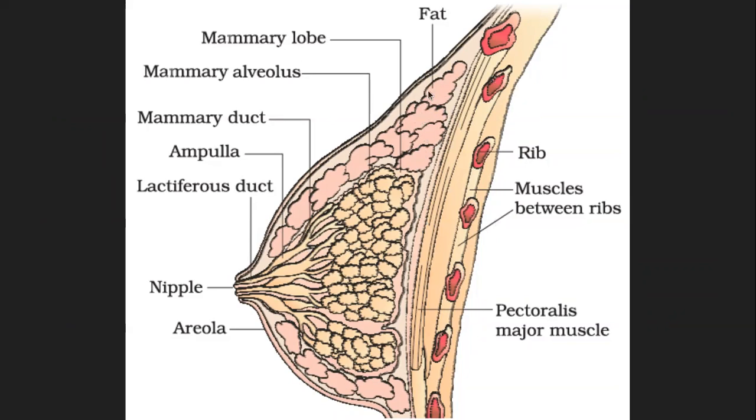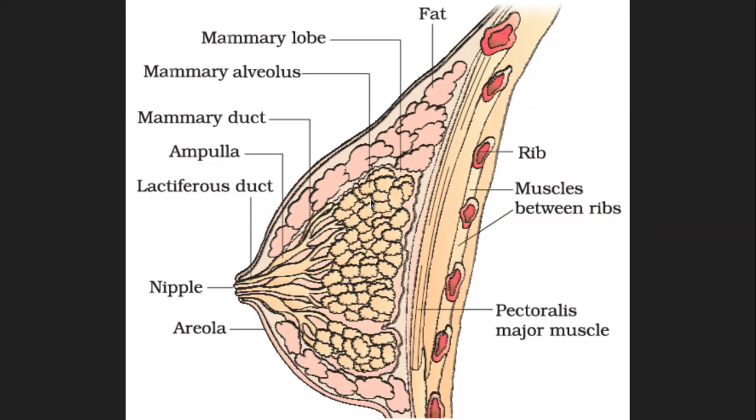All these molecules that are being shown here like clouds are fat molecules. Mammary lobes: this particular part is called the lobe. If you divide the whole breast into different compartments, since the breast is kind of dome shaped, you can imagine how the compartment would be of this shape. That is the mammary lobe, and the alveoli are the cellular structures which secrete the milk.